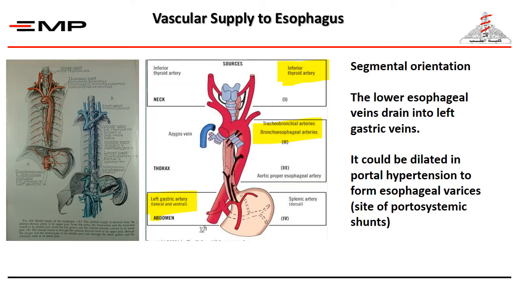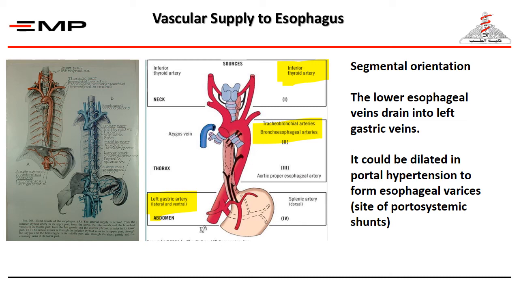The vascular supply of the esophagus: the arterial supply is segmental. The lower esophageal veins drain into the left gastric veins, and this is very important when they become dilated in cases of portal hypertension and lead to what is called esophageal varices, which is one of the important sources of